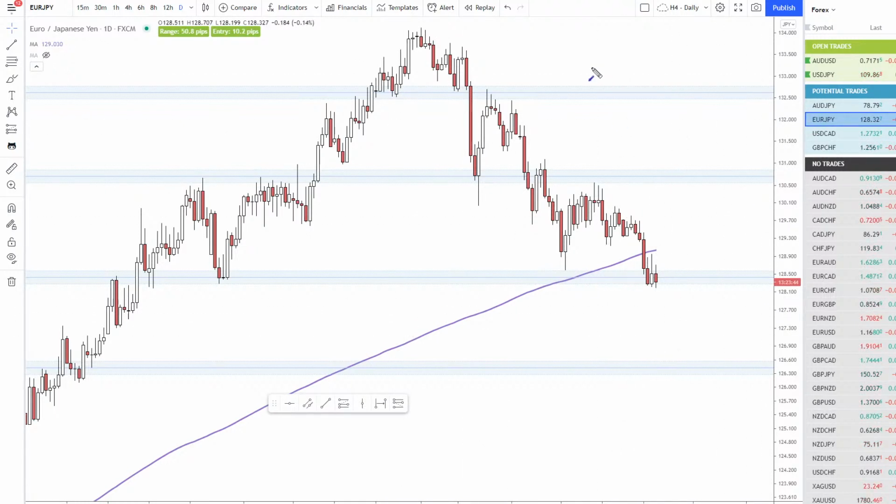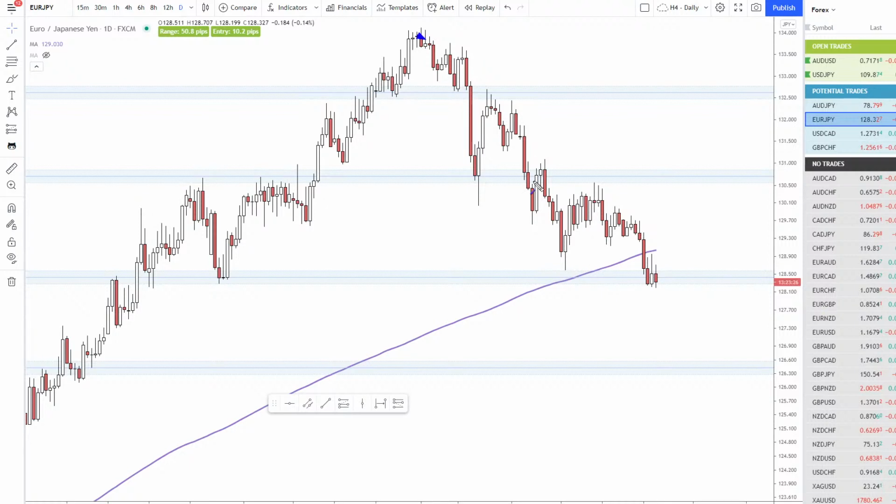Except the euro isn't quite as weak right now as the Aussie dollar is. So we haven't had price pushing down yet. There are a few options here. We could be looking for a long from this support area, but much like AUDJPY yesterday, I'm not crazy about